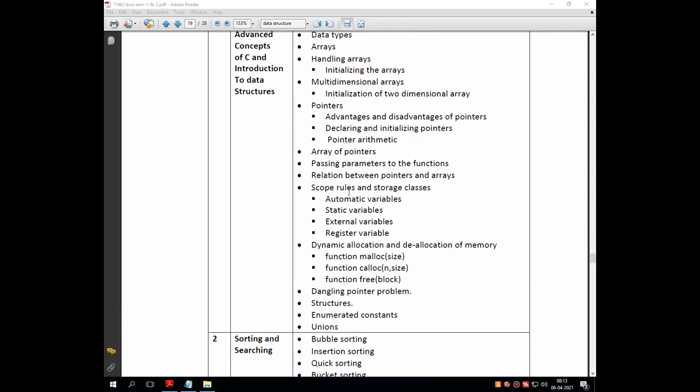We have handled all these concepts theoretically as well as practically.